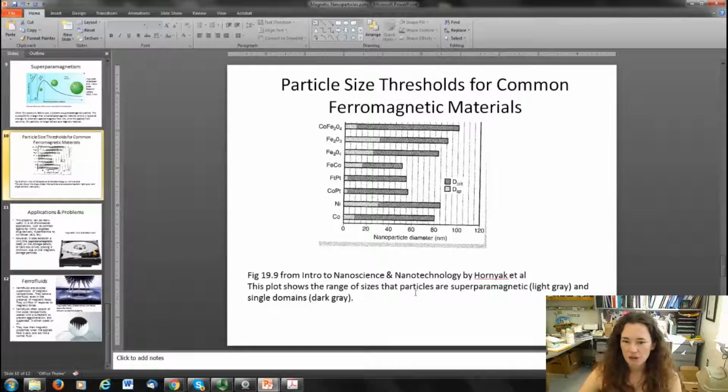So here's a bar plot, and it plots the nanoparticle diameter where various transitions happen for different particles. And you can see that for different types of materials, the sizes are going to vary, sometimes by quite a lot. If you look at this plot, the dark gray corresponds to the range of sizes where it's a single domain particle, but not yet a superparamagnetic material. So up here at the top, you can see that transition happens at about 100 nanometers, and it drops all the way to about, say, 50 nanometers for some materials. So in the range of 50 to 100 nanometers, you're getting that transition from being a multi-domain particle to a